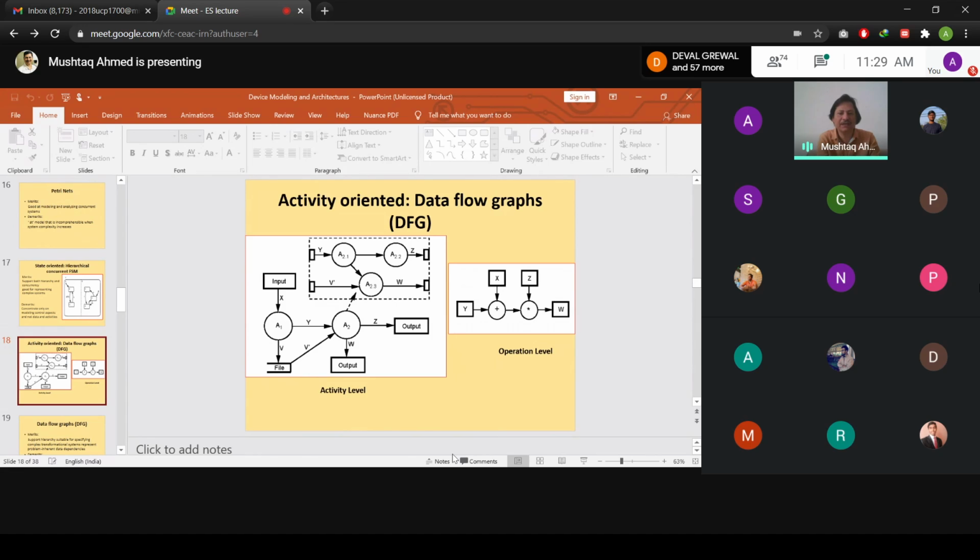Here you can see that activity 2 also has different types of sub functions or sub activities that need to be performed based on these inputs available. The inputs are y1 and v1, y and v dash. Based on the value of y1, the A21 activity would take place, whereas the v dash would allow the other subfunction part which needs to be enabled after the completion of activity 2.1.